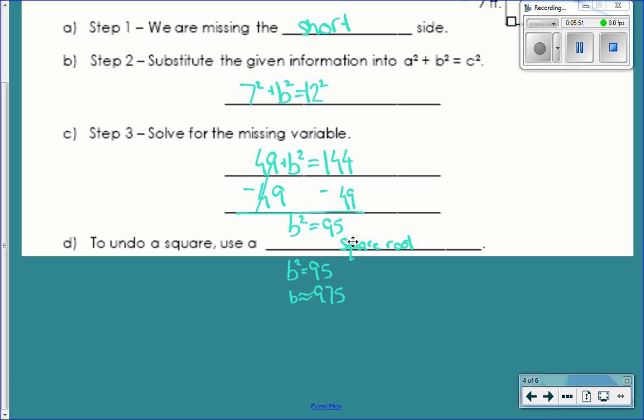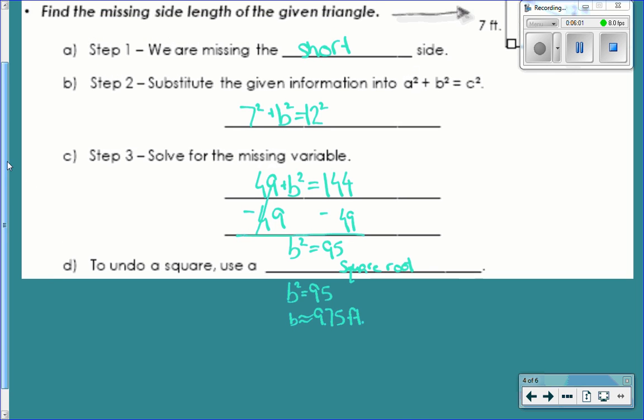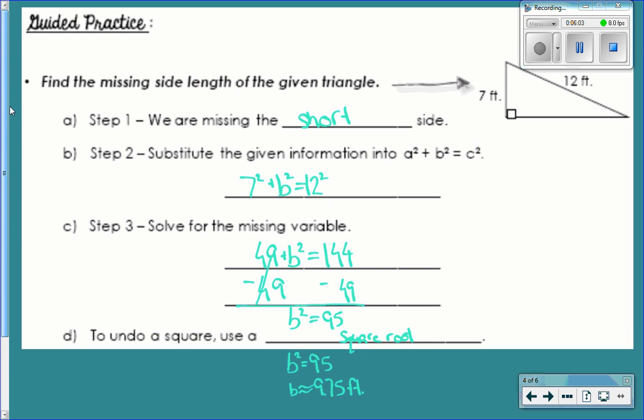Units. Good. And she found the square root of 95, which is 9.75 feet. Is that less than our hypotenuse? Yes, we're good. That is correct. Let's give her one big clap. 1, 2, 3. Questions. All right, so if you could put this away